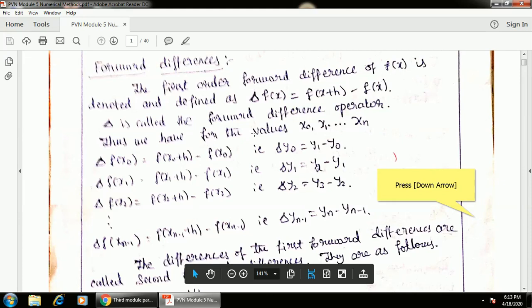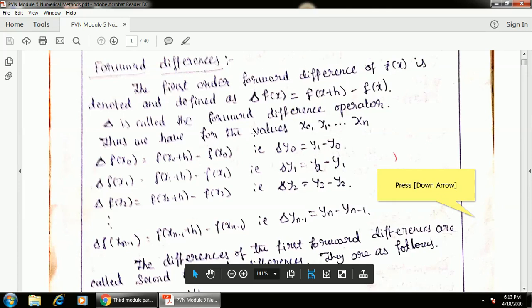Similarly, first order forward difference of the function at x1 is denoted as delta of f of x1, and it is defined as f of x1 plus h minus f of x1. f of x1 is nothing but y1. Delta y1 is equal to, x1 plus h is x2, f of x2 is y2 minus f of x1 is y1, that is y2 minus y1. Similarly, first order forward difference at x2 is delta of f of x2, defined as f of x2 plus h minus f of x2, or else delta y2 is equal to y3